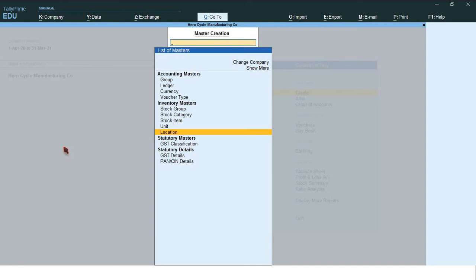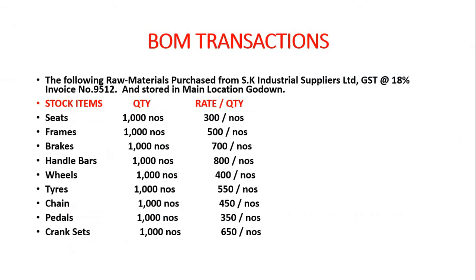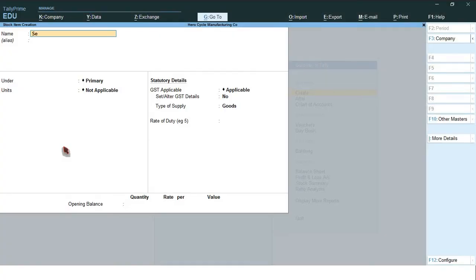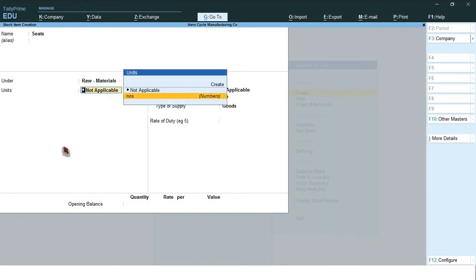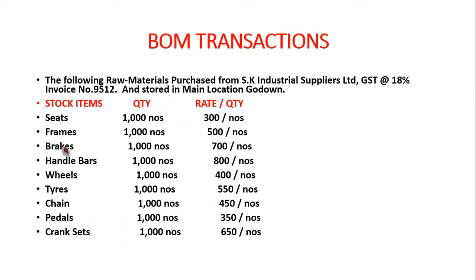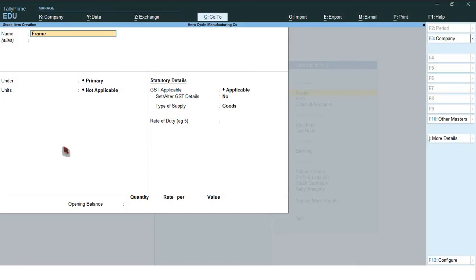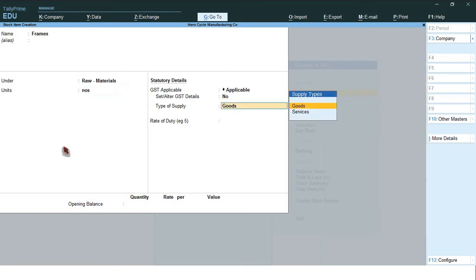So go to stock items, type one by one. Sheets, under raw materials, units numbers, accept. Frames, under raw materials, numbers.